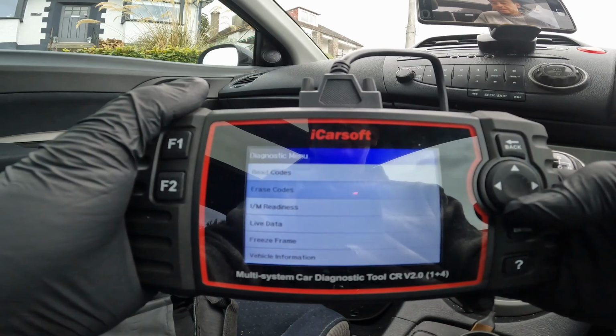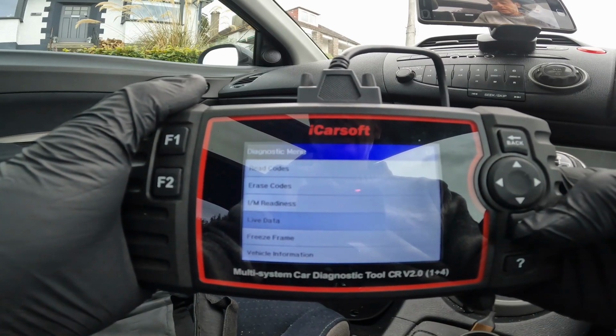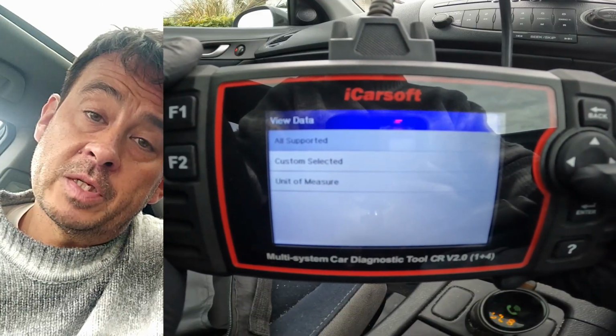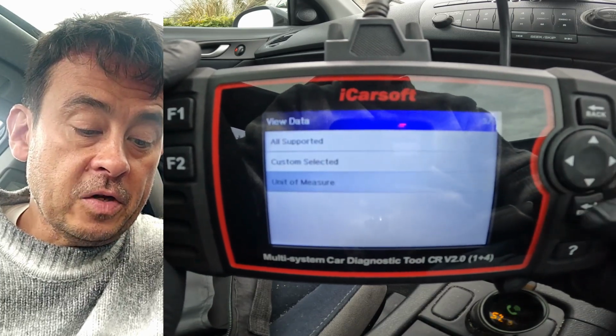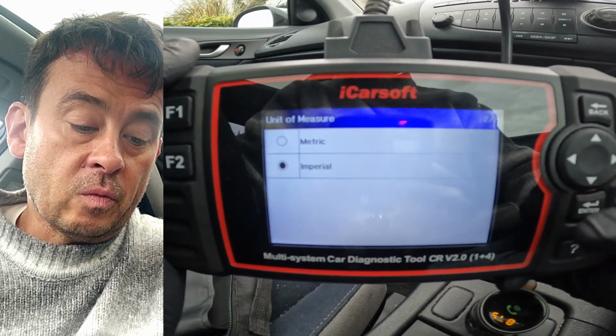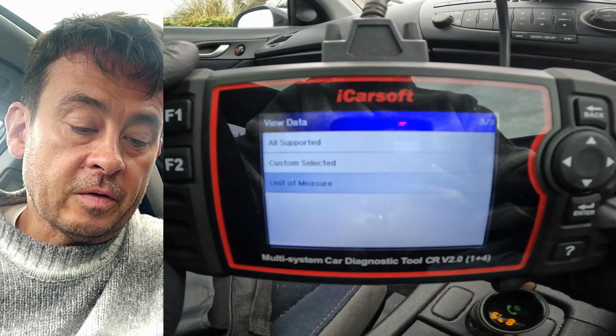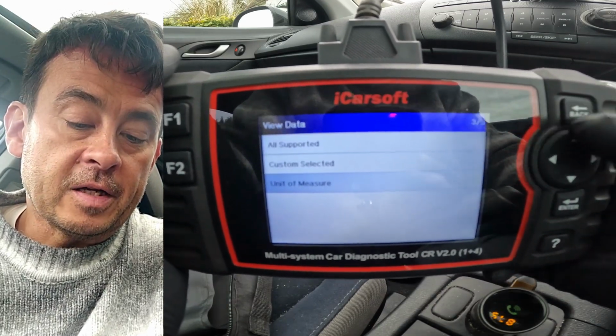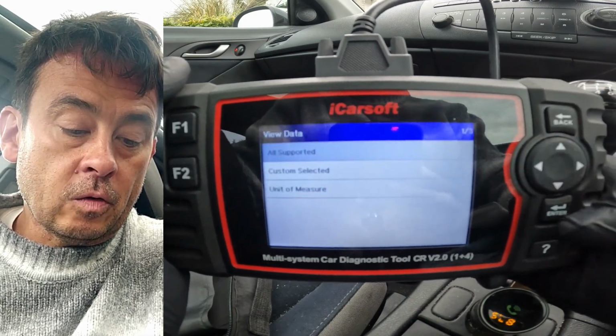So let's go down to live data, and in live data you've got these three options. All supported is just going to tell you exactly what your car can talk to from the iCarsoft. Custom selected, if you want to go to a specific item straight away, and unit and measure, that's just going to be metric or imperial. So if I go into imperial, then it would be miles per gallon or miles per hour, depends on the item that you're looking at. Right, so let's go to all selected,